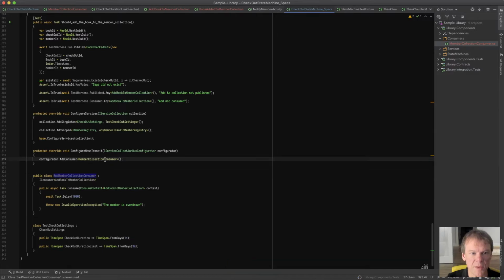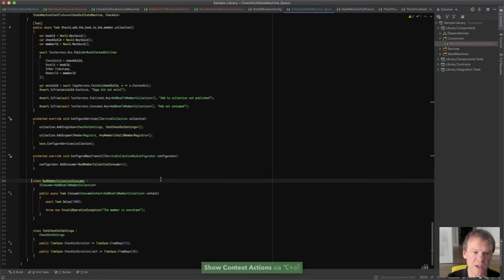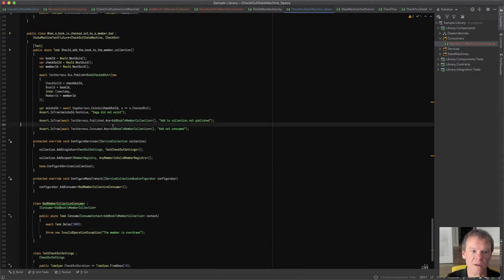And I'm going to put the bad member collection and consumer in here. And again, because I've published this, it doesn't matter. I have one consumer for the command that I'm registering on the container element for this. And the whole point that I'm trying to do is when the book is checked out by a member